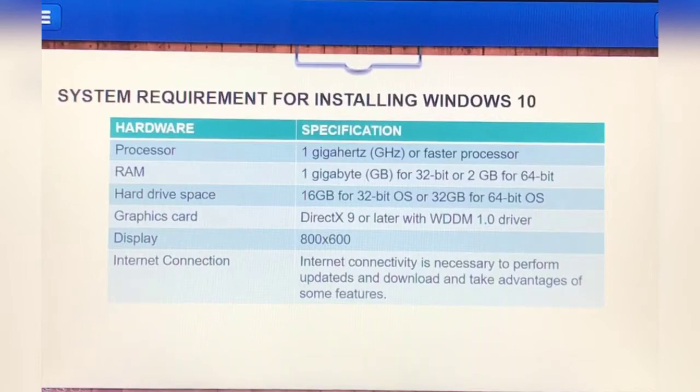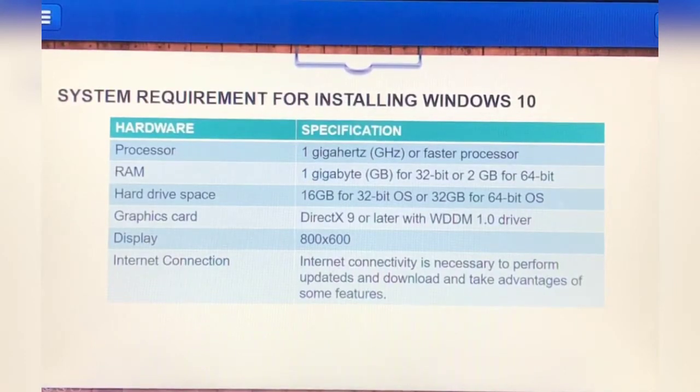Then hard drive space, 16 GB for 32-bit OS or 32 GB for 64-bit OS. Okay, for graphic card, DirectX 9 or later with WDDM 1.0 driver.